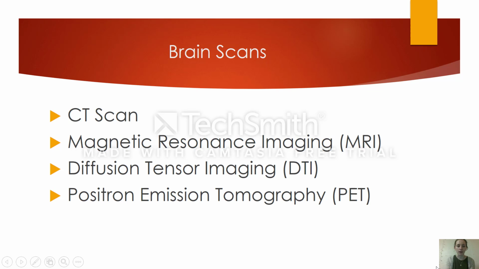So, a good follow up assessment after using the GCS to initially assess the traumatic brain injury would be a brain scan. So, there are CT scans, there are magnetic resonance imaging, which is MRI for short. There is diffusion tensor imaging, or DTI for short, and there is positron emission tomography, or PET for short. And these brain imaging scans help professionals to see what parts of the brain are damaged from the injury and how badly these areas are damaged, which can help with the assessment.